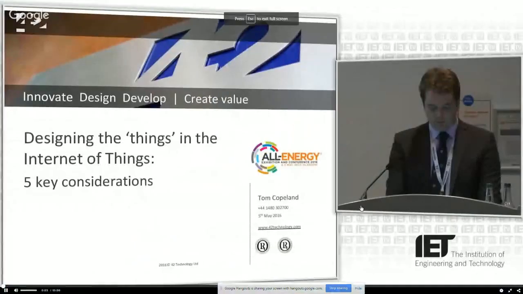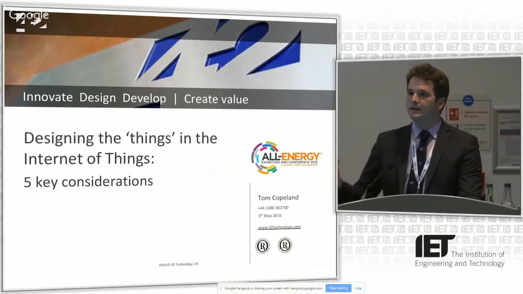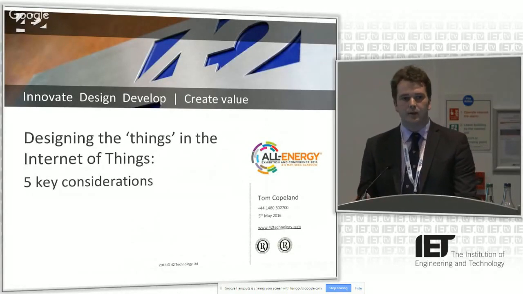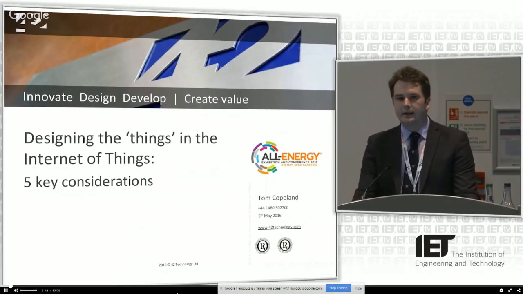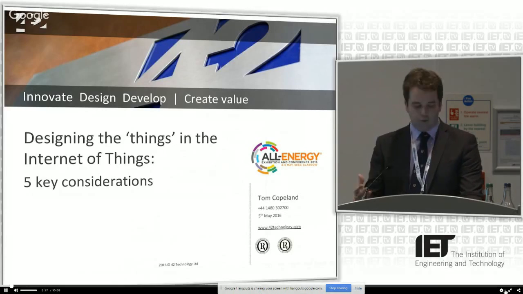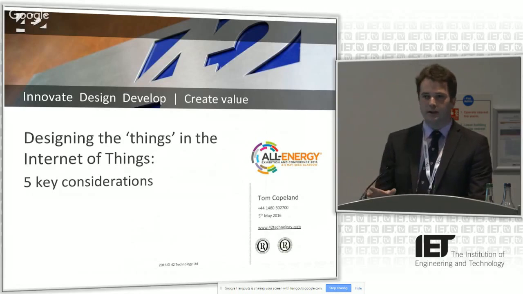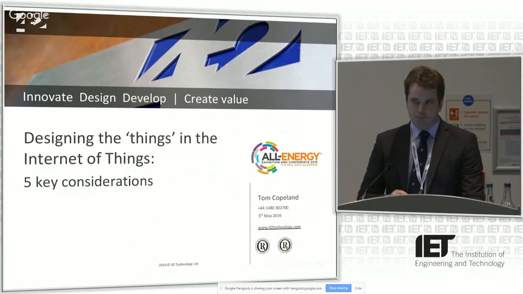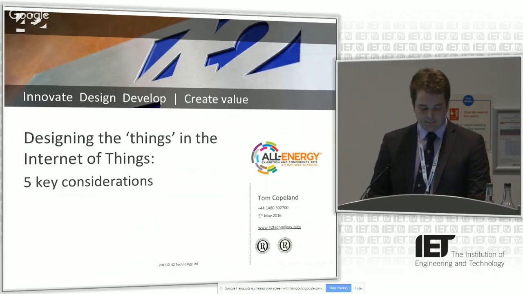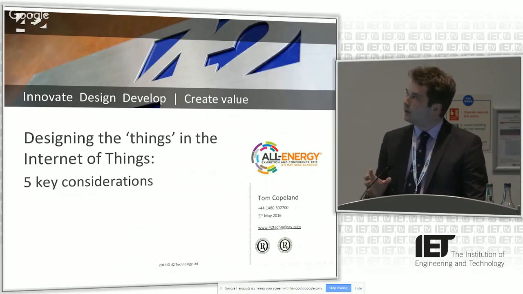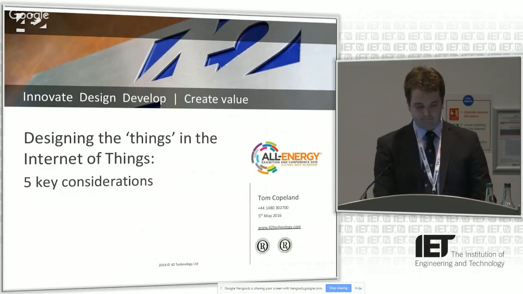So this is all about the Internet of Things revolution. The idea is that increasingly devices are becoming connected to one another and to the internet, and it's going to create a whole world of exciting and interesting opportunities for consumers, for manufacturers, but it's got to be done right. It doesn't have to be rocket science, it's just got to be planned properly, because of the manner in which so many of the aspects of technology are related. So it's really important that we have a good design from the start. This presentation is all about 5 key considerations.